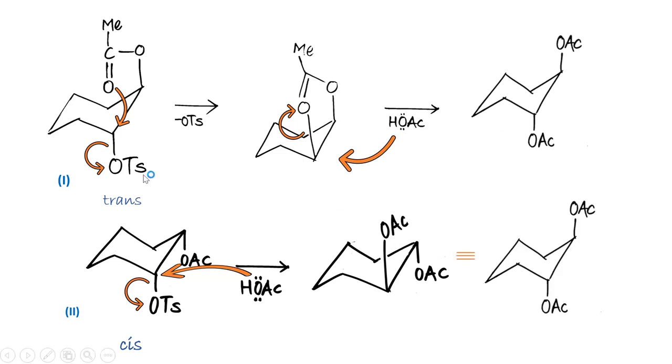So in case of a trans isomer, first an NGP reaction takes place where this acyl group acts as a nucleophile and gives an intramolecular SN2 mechanism, and finally after acetolysis you will get the final product, which is a trans product. And in case of a cis isomer, as NGP is not possible, acetolysis directly takes place and finally you will get the same product. Because of that, trans isomer and cis isomer both give the same product, but in case of the trans isomer, as NGP is possible, its rate of reaction is 670 times faster than the cis isomer.